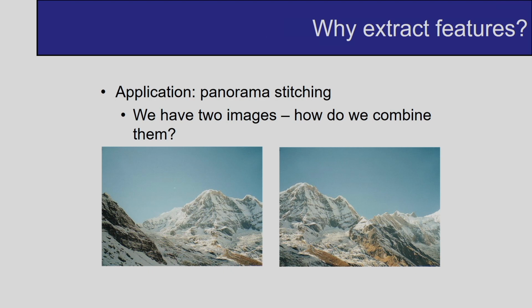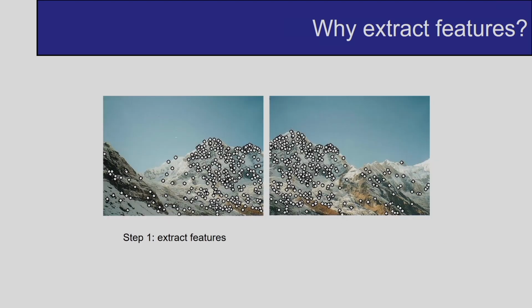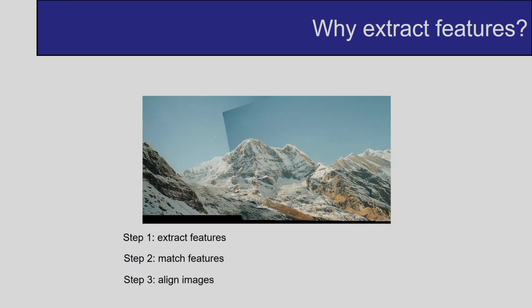So, based on the interest points I can find the correspondence between these two images, and after this I can join these two images for a panoramic view. First I have to extract features, these are the interest points, and after this I have to do the matching of the features, and finally I have to align the images. This is for image stitching.